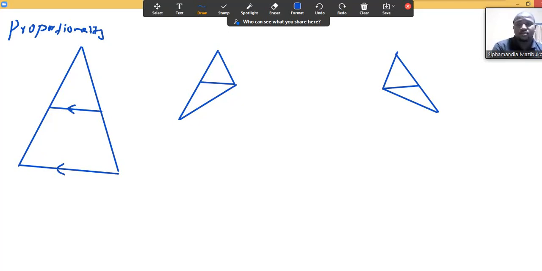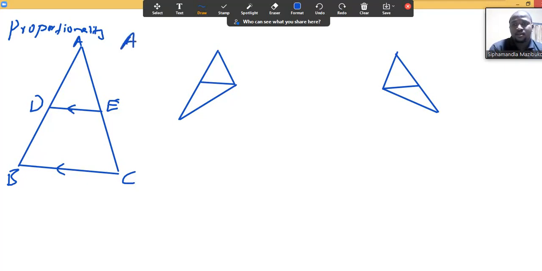Hi guys, so let's look at this proportionality. We're still at Euclidean geometry, so we need to prove this proportionality. Let's say we're looking at this being A. We have A, B, C, D, E. Okay, so this theorem here says that if we have